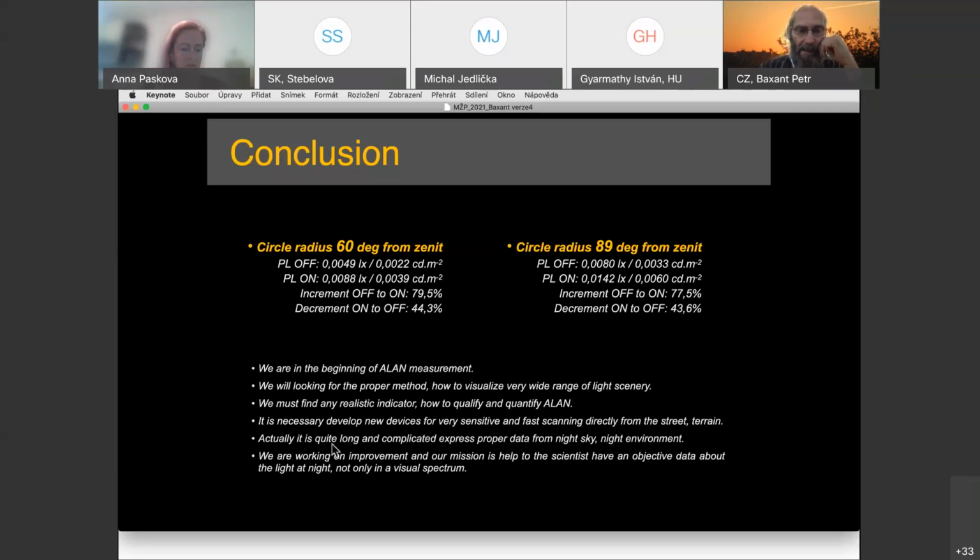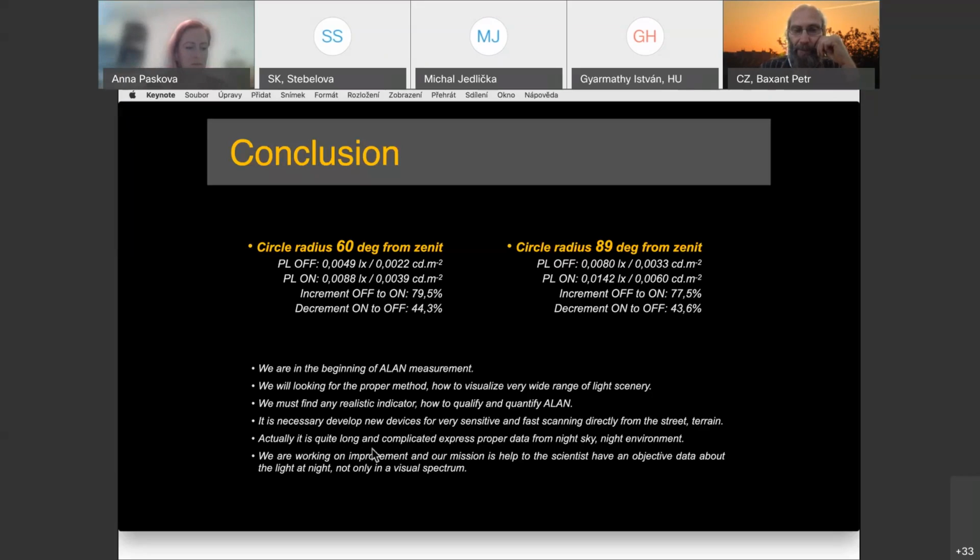And actually it's quite long and complicated to express proper data from the night sky and night environment. And we are working on the improvement, and our mission is to help scientists have objective data about light at night,